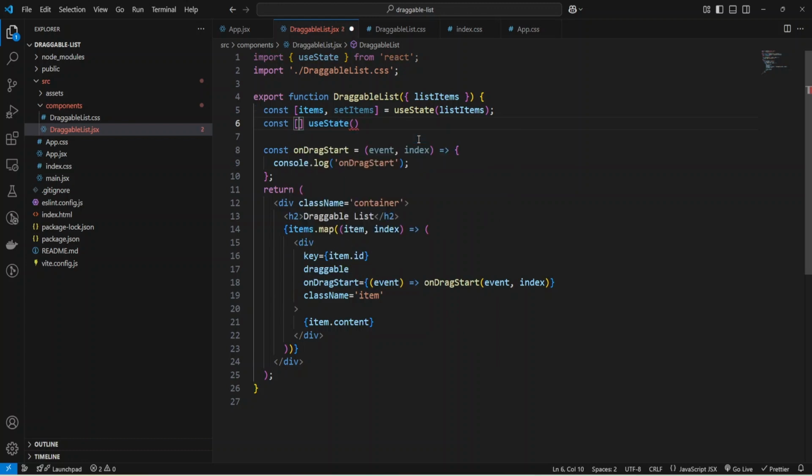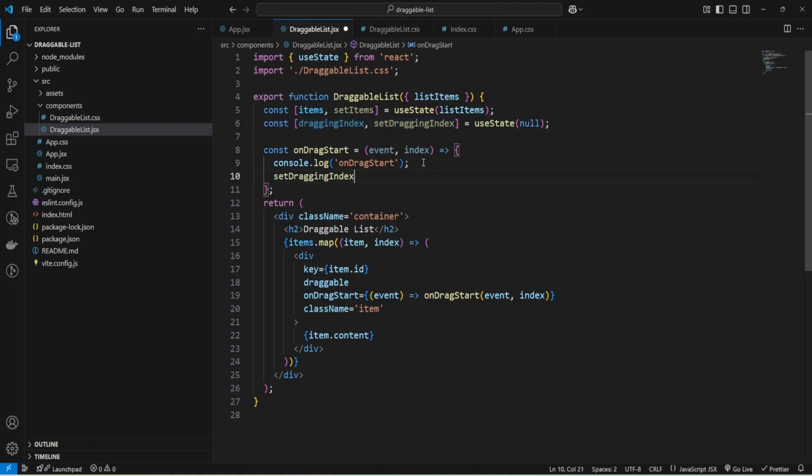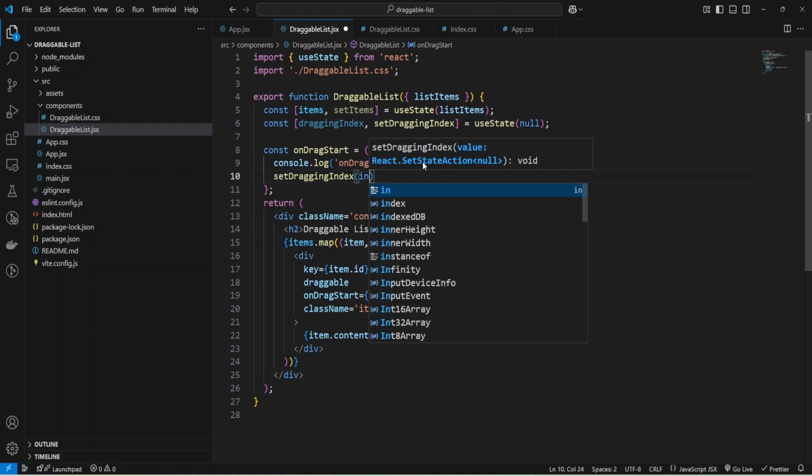I will store it in the variable dragIndex, and the function to update it will be setDragIndex, and the initial value will be just null. And on drag start, I'm going to save my index and provide index.